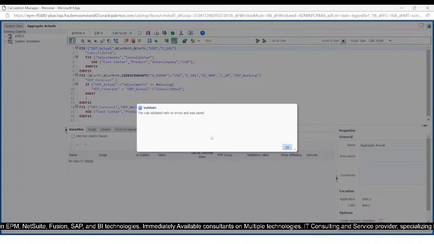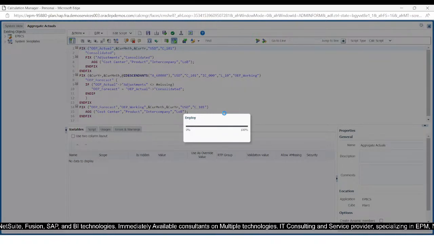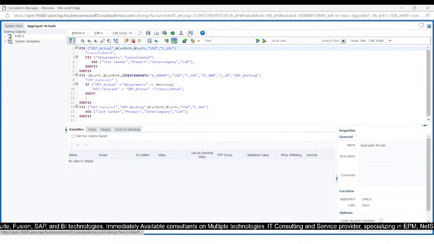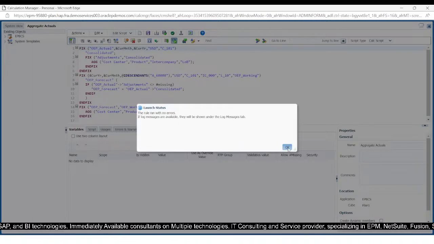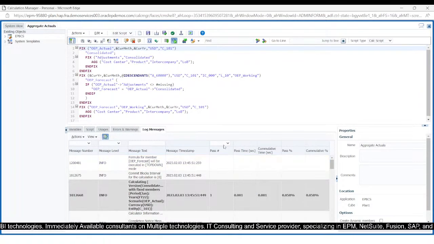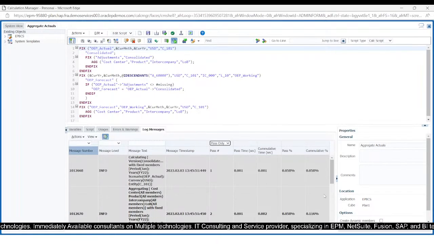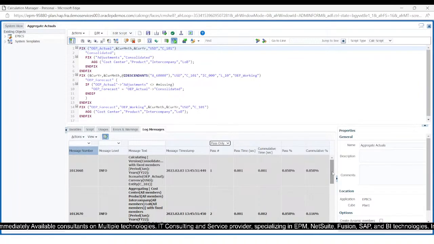So I will validate the rule and then deploy it. Lastly, I will launch the rule. After launching it, we find here log message. I will click on it. There I will select pass only. So here we have the log message in which we can see that